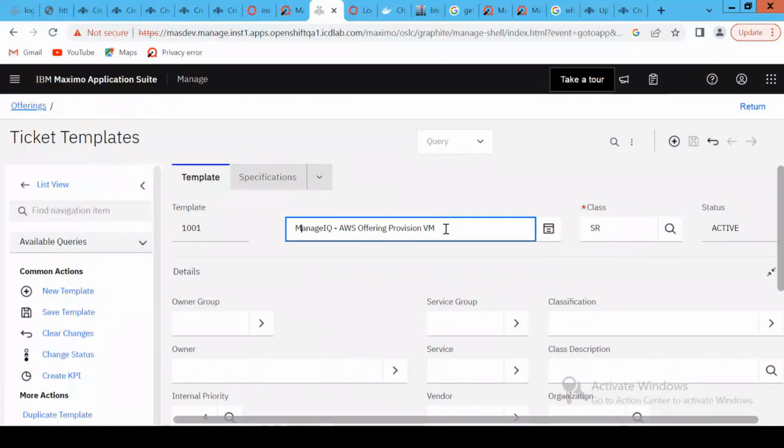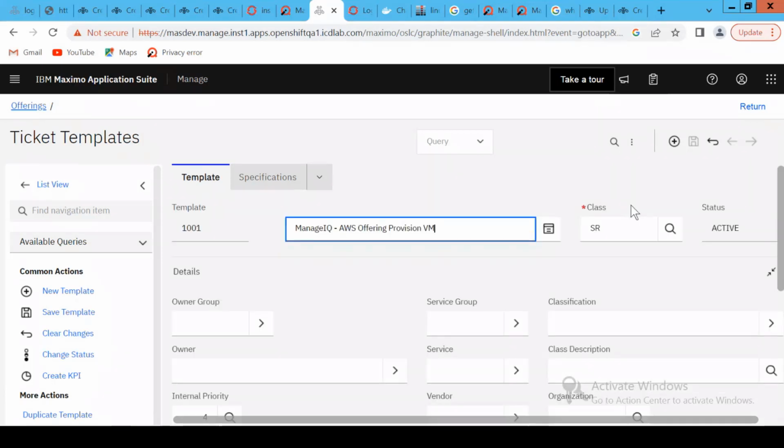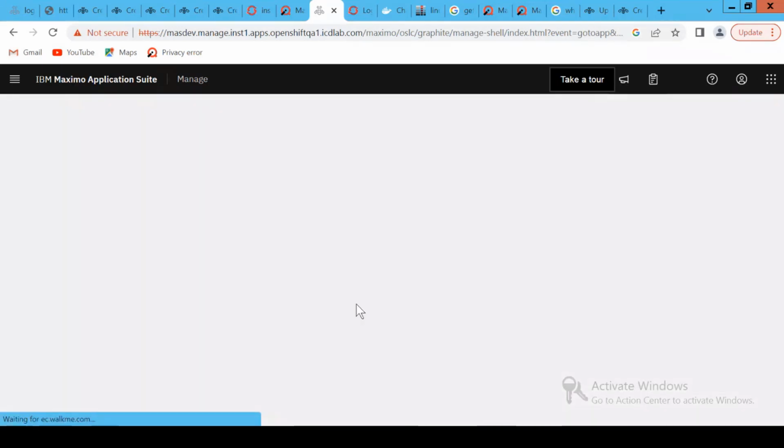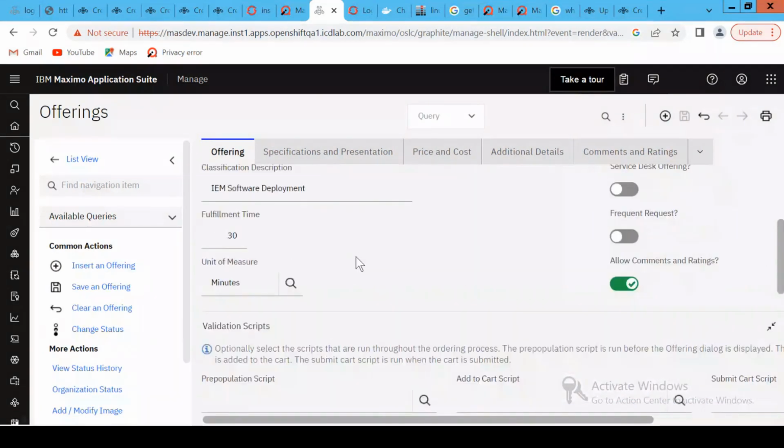So when we give that launch point, we check the description, we enter this description there, we put a condition using this description. That is why it has to be accurate, right? So it is very case sensitive in that case. The class is set to SR and the status should always be active, right? Now we are setting the internal priority as 4. Your customer can set it per his or her need. So the status is active, and now we go to the